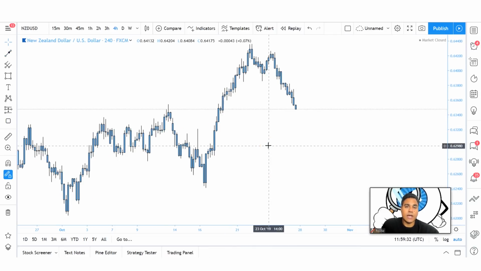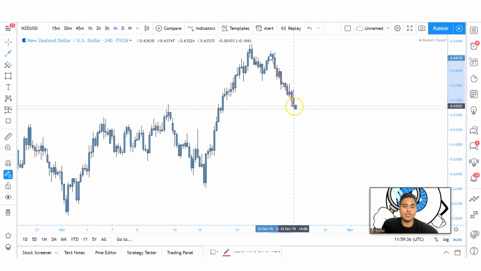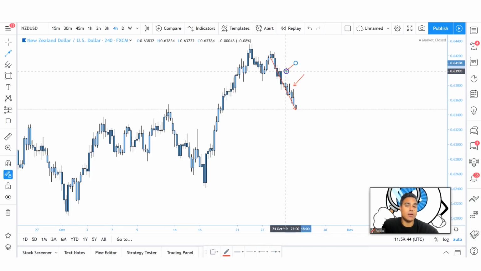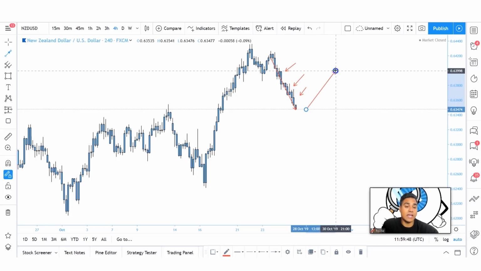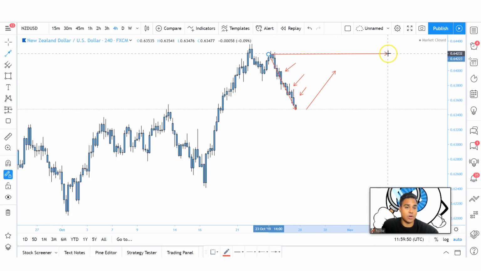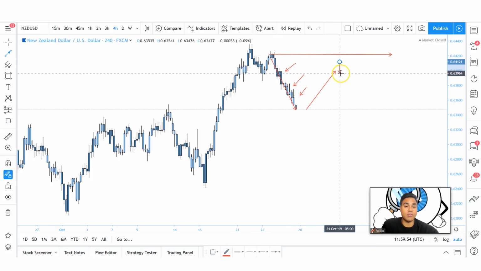The next pair that we'll take a look at is New Zealand dollar USD. With this structure on the market, I can see a strong extended bearish structure. And when we're looking at the structure, you will notice we haven't had any clear pullbacks. For that reason, I'll be expecting price to pull back at least to some of these key levels in the market. And then once price decides to pull back, either show signs of an exhaustion, creating a lower high within this previous formation